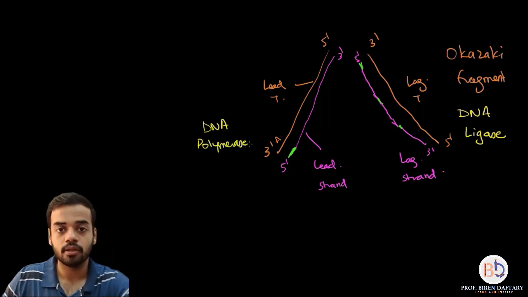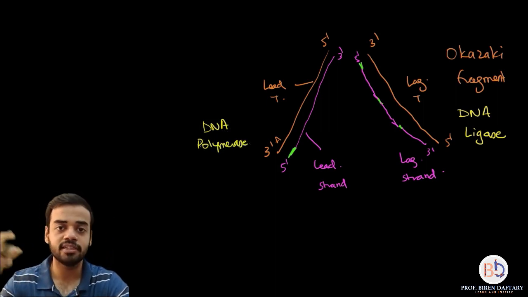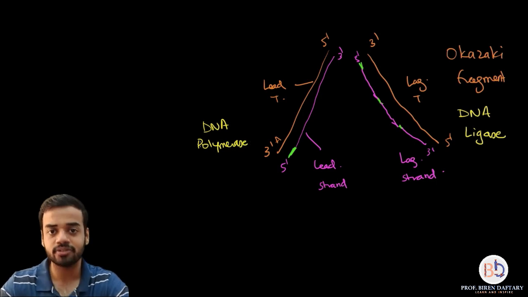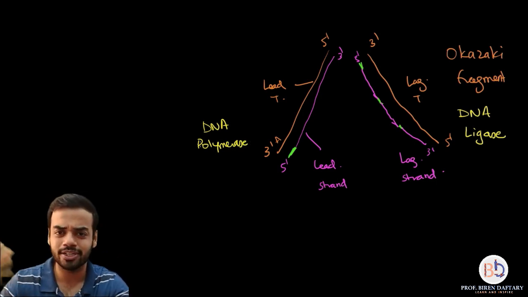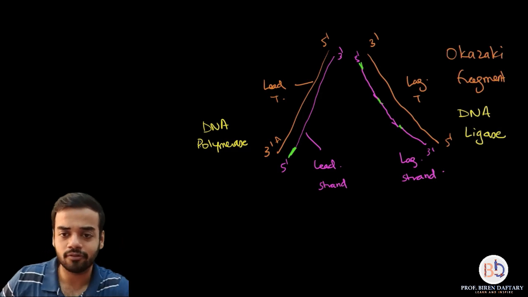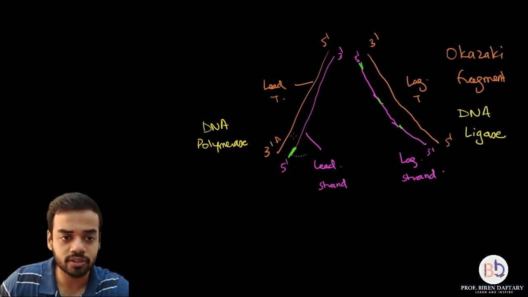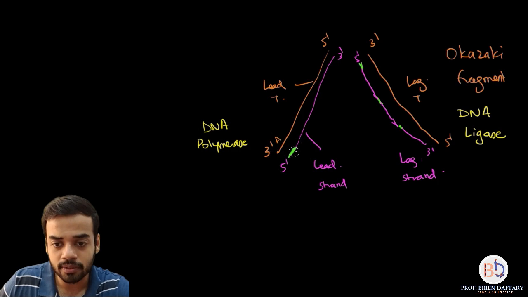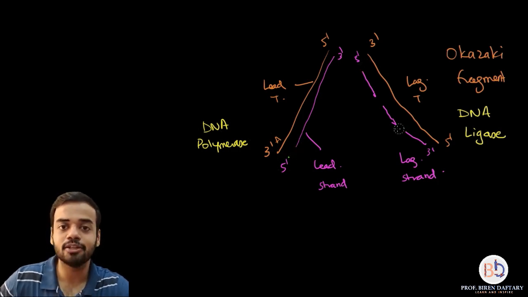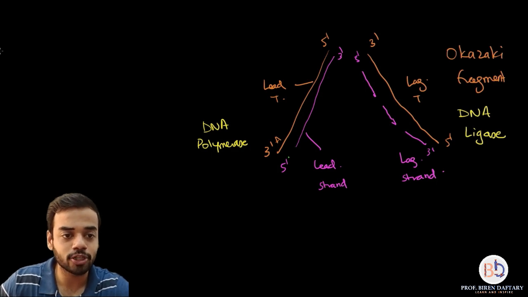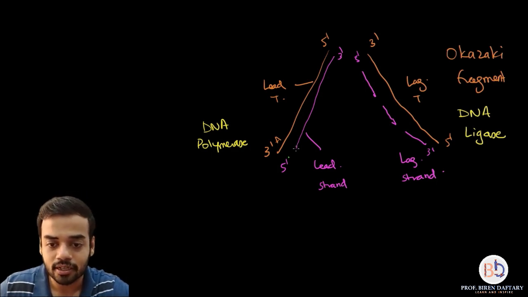Okay, so these are of different types. There is DNA polymerase 1 in prokaryotes, there is DNA polymerase alpha in eukaryotes. You remember DNA polymerase, and what that DNA polymerase is going to do is remove the RNA primer, and in the place of the primer it is going to put the DNA nucleotides. So now you will have these two strands.